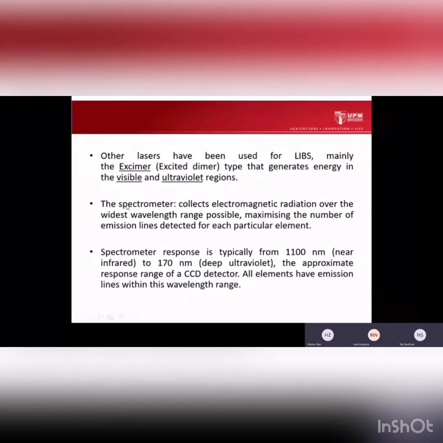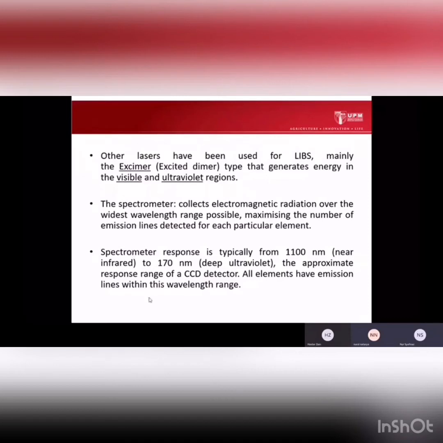Okay, the spectrometer. Other than that, the physics concept that is being applied in LIBS is EM radiation. The spectrometer is being used to collect EM radiation over the widest wavelength. It also can maximize the number of emission lines detected for each particular element. The spectrometer response is typically from 1100 nanometer, which is near infrared, to 170 nanometer, which is deep UV